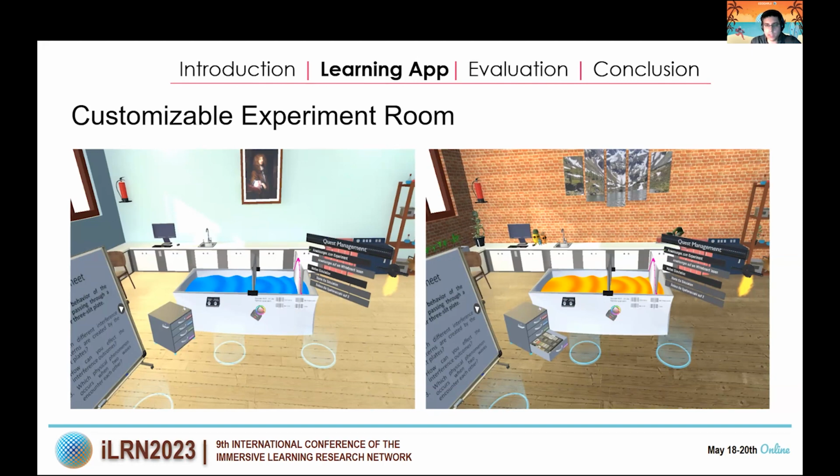To customize the laboratory environment, the user can change the floor, the wall material, add decorative elements and plants, or can also choose between different wall pictures and hand models. Additionally, for the wave simulation, the color of the waves, the basin, and the plate object can be changed using a color picker device. Here, the left figure shows the initial room setting, and the right figure one possible customized version of the experiment room.